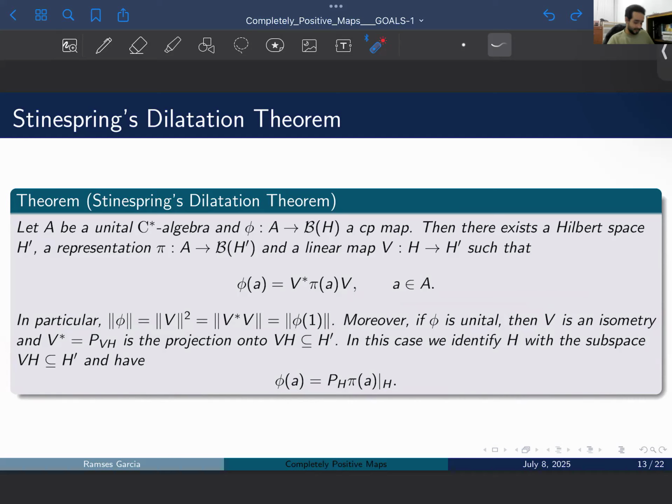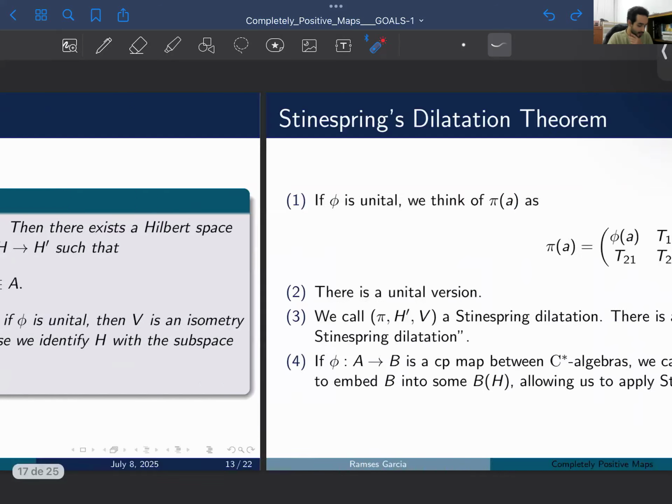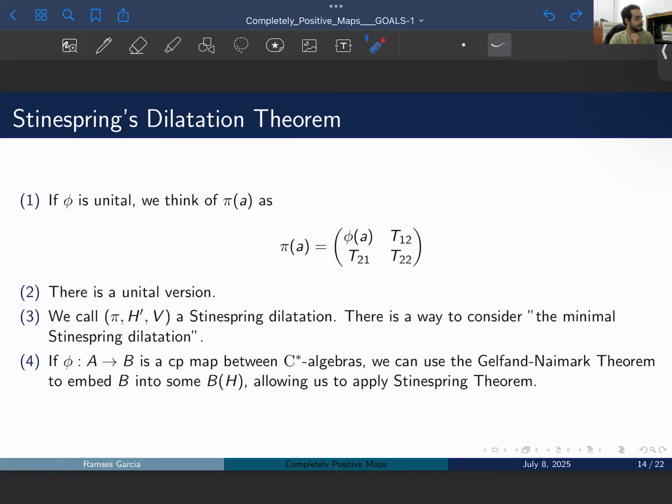I'm not going to prove it right now. I will leave the proof for the end, but I have a couple of remarks to say. In the case that P is unital, we can think of the representation P in the following form, as a matrix where the first entry is phi of A and the other entries are linear operators. And when thinking about P of A in this form, we are using that